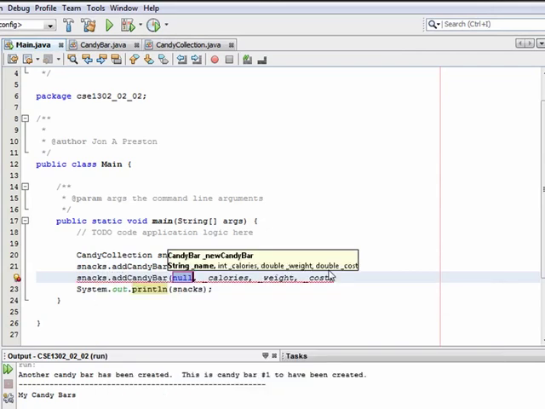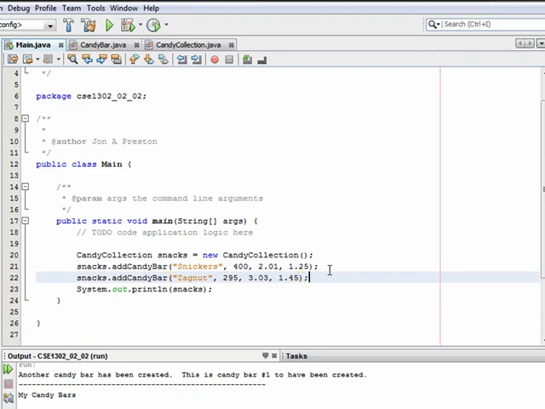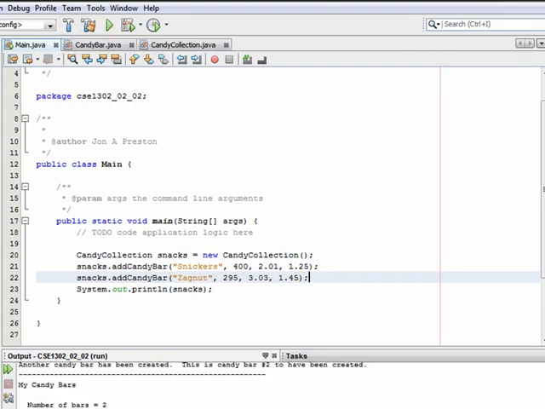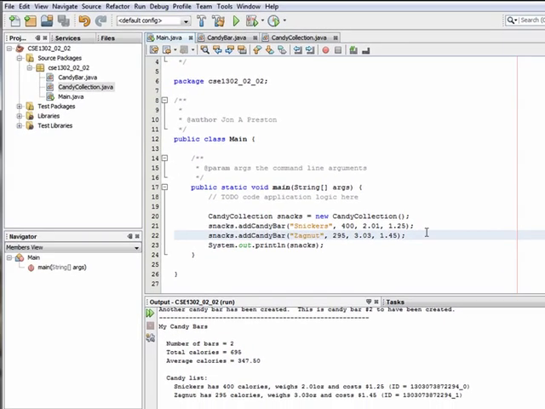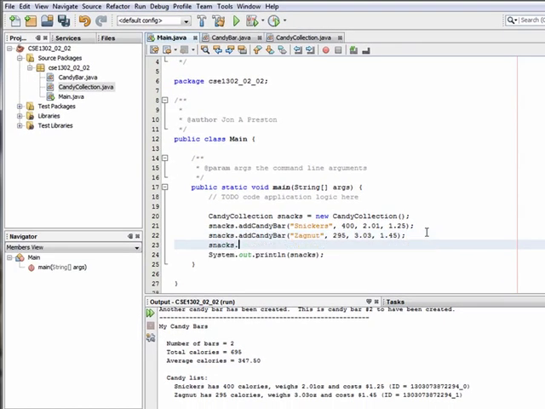Snacks.add candy bar. Let's add a Zagnut that has 295 calories and weighs 3.03 ounces, and let's say it costs $1.45. Now if we run, we should see the output will show that we have 2 candy bars, and it looks like everything's working quite nicely. We can continue this on,